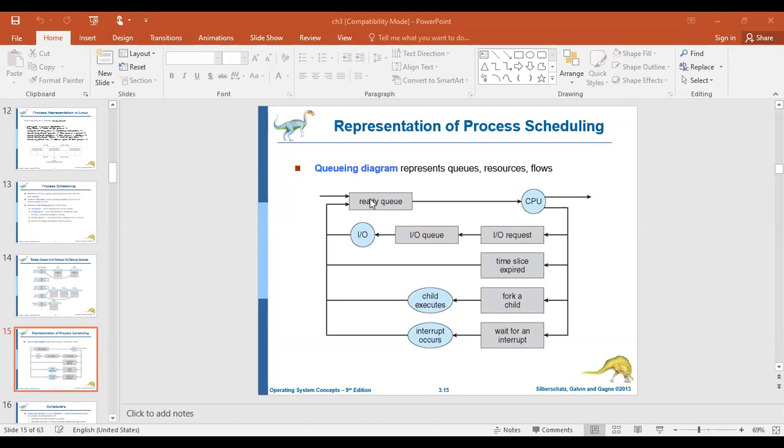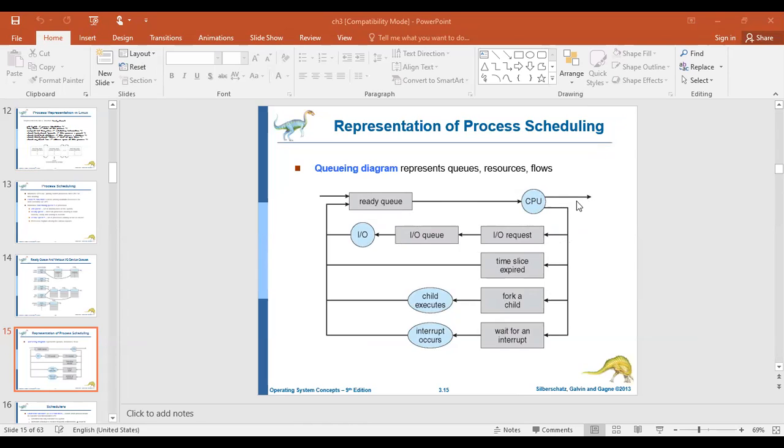Right. Once it is placed in the ready queue, now the CPU scheduler will pick one of these processes which is available in the queue itself. For example, some process X is acquired. During the execution of this process X, if it needs the services of an IO device, what happens in this case?